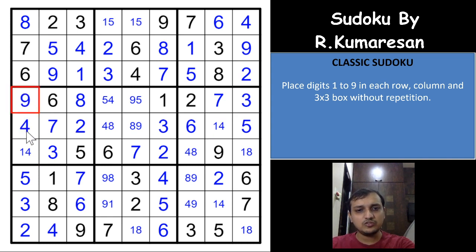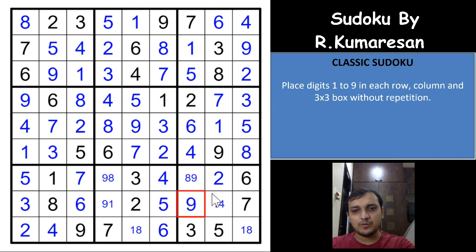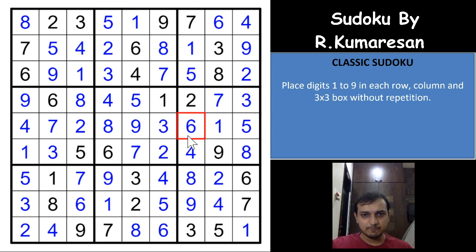4, which gives you a 9 here, a 1 here, an 8 here, a 9 here, a 5 here, a 4 here, which gives you a 1 here, a 5 here, a 1 here, an 8 here, a 4 here, and with that we complete this Sudoku easily, no problem at all, right? A very fast way to complete the Sudoku, and this is what is called the bug technique, right?